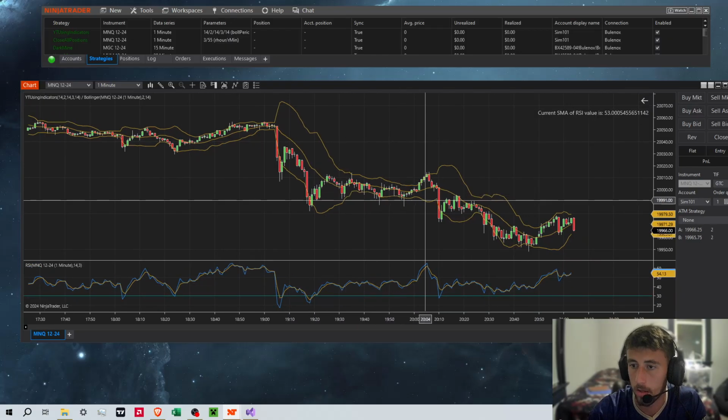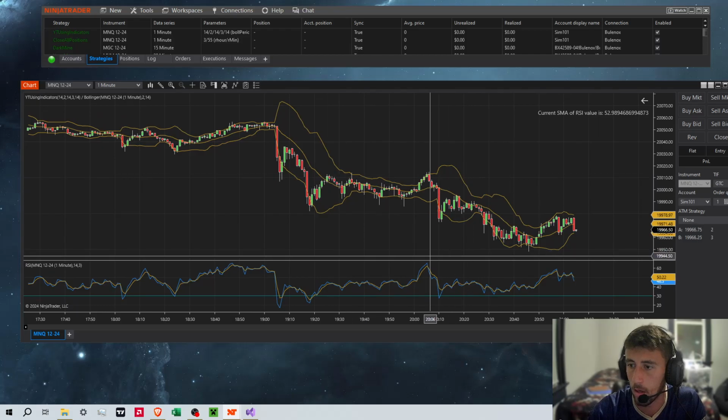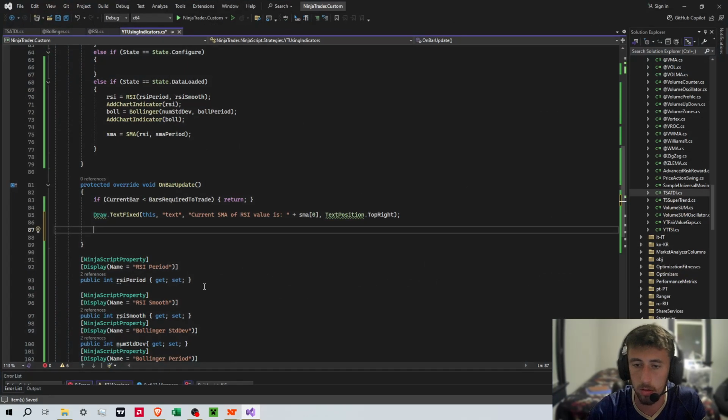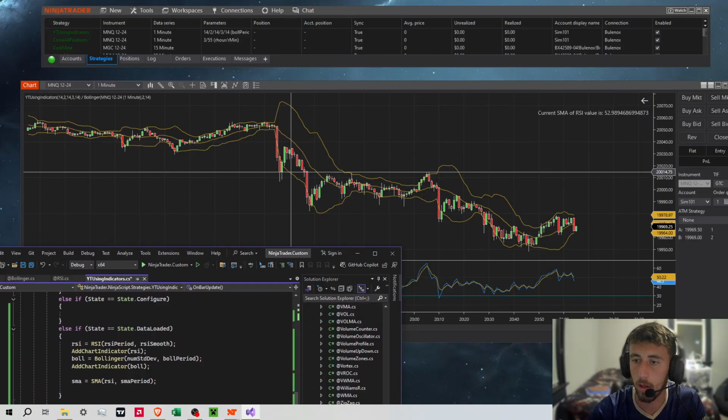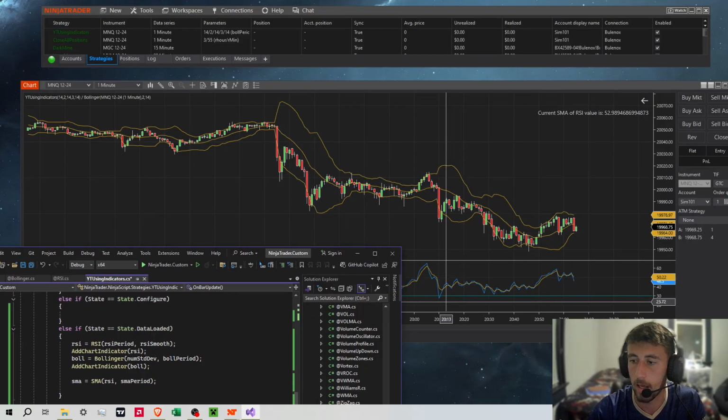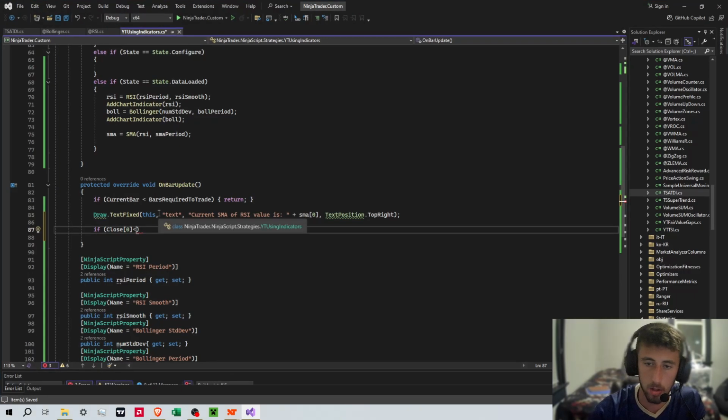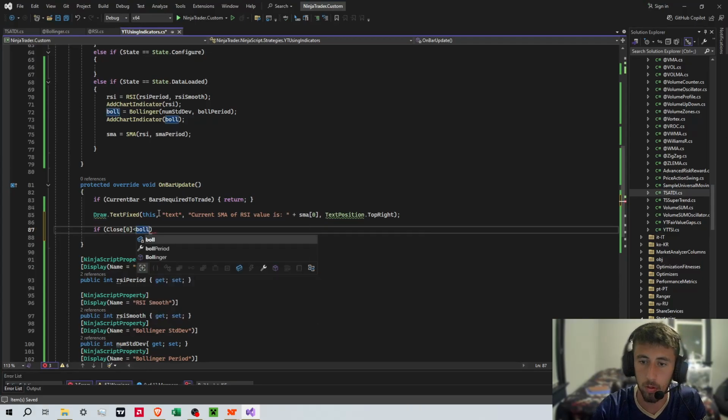So let's do a real quick example, just to prove it. We'll do if close 0 is less than, so we're going to do if we close below the Bollinger Bands and the RSI closes below 30, then we are going to buy. So to get the lower Bollinger, we do bull dot